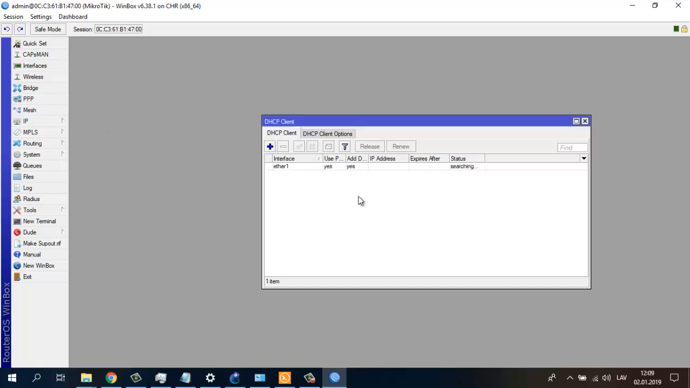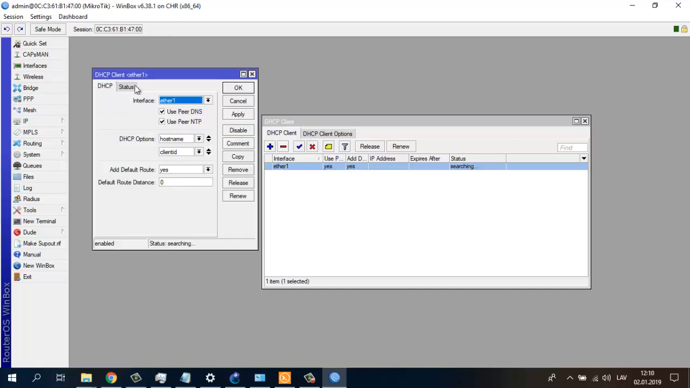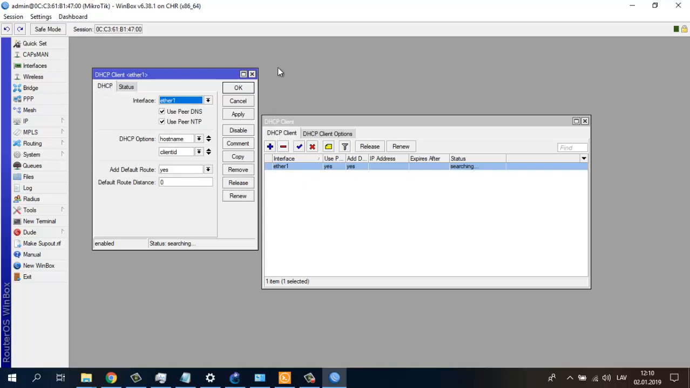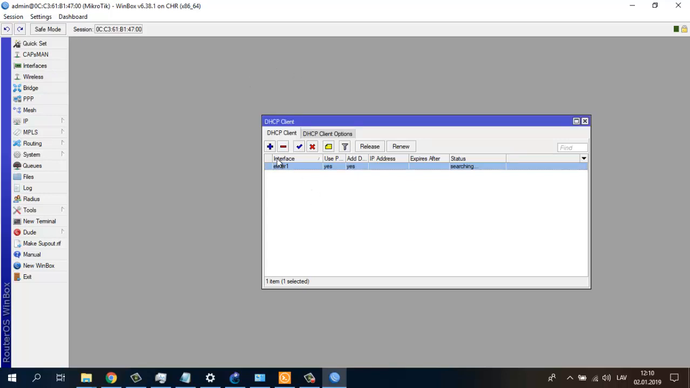Press OK. Now you see it is searching. Now we'll check if it is working. Go status, press renew, and there is some reason because it is not receiving anything. Maybe I'm doing something wrong. Maybe it is because at first